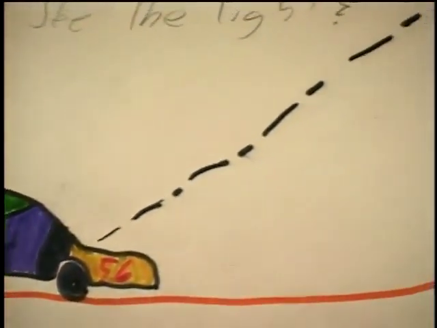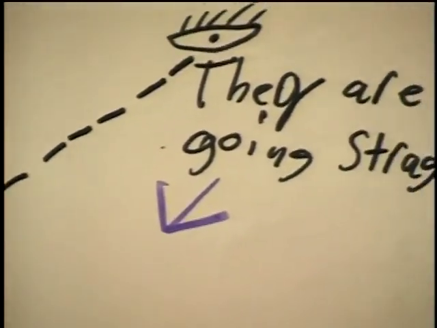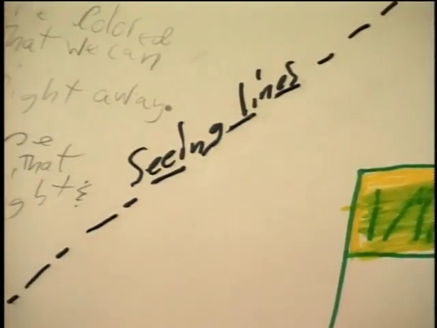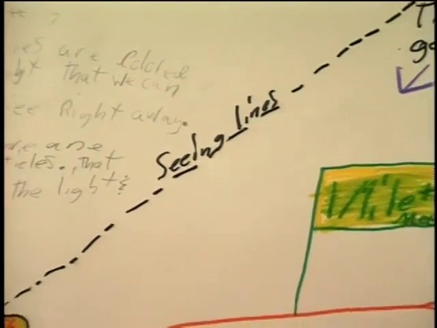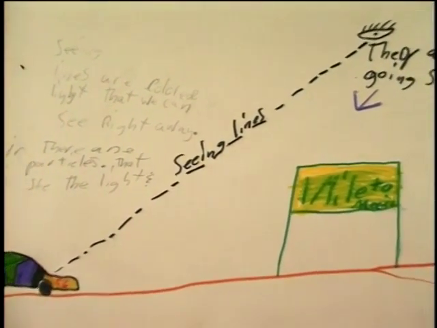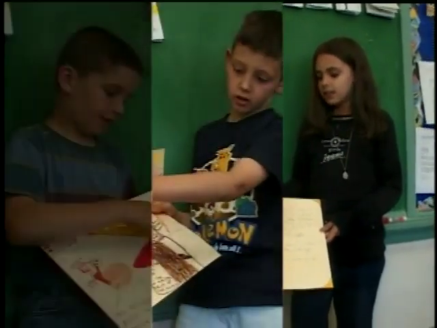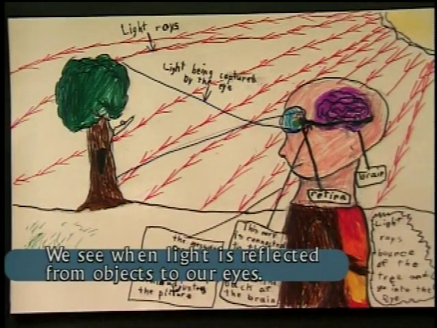Shane uses the idea of seeing lines, which seem to come from the eye almost like Superman's invisible rays. These seeing lines let us see objects. He also includes an interesting idea that air has coloured particles in it that we see in the day. Deborah, Erin, and Chris clearly show that light from the sun is reflected from an object to our eyes. These children hold typical ideas of vision similar to early scientists.